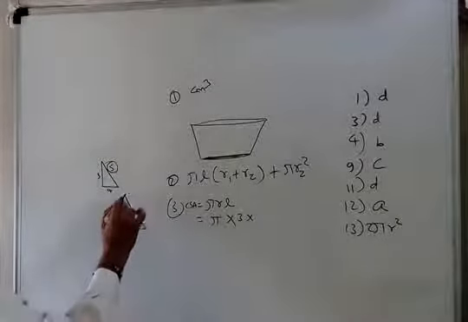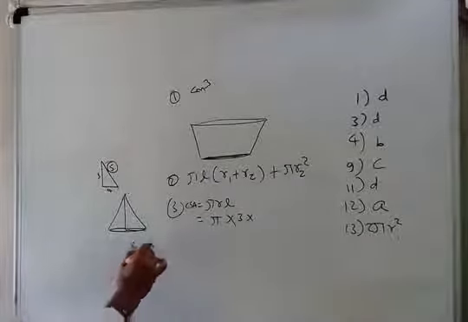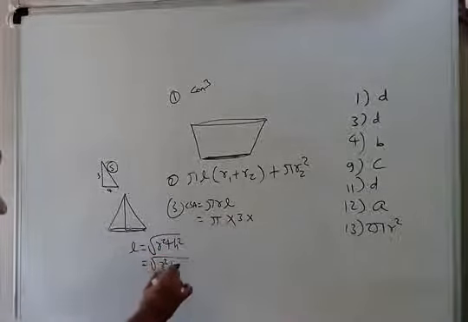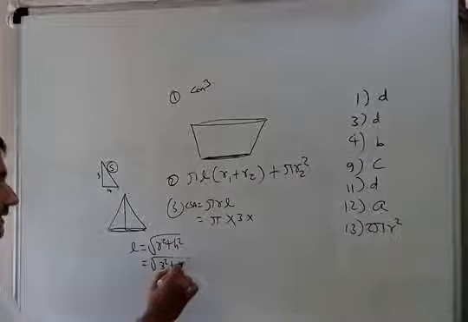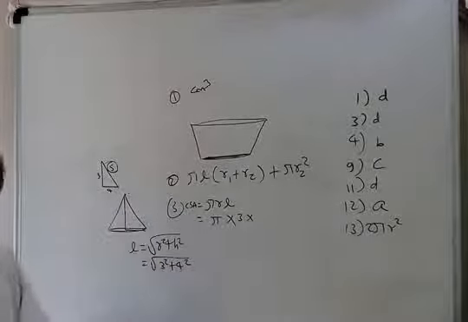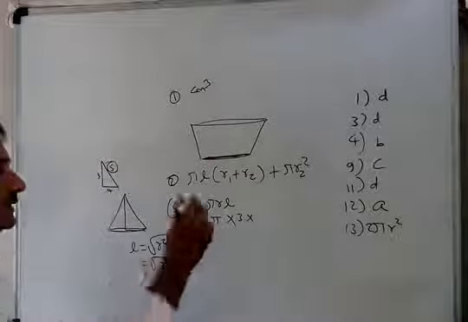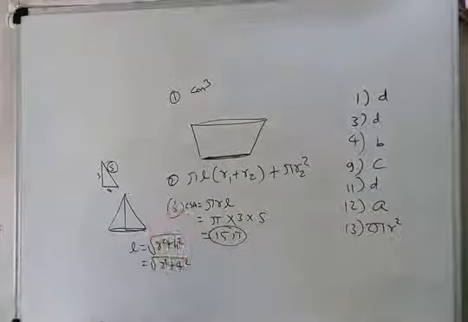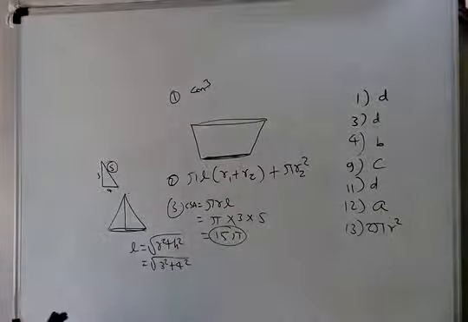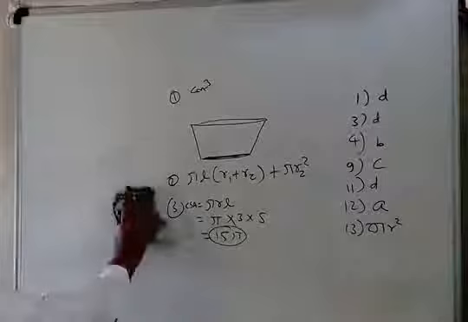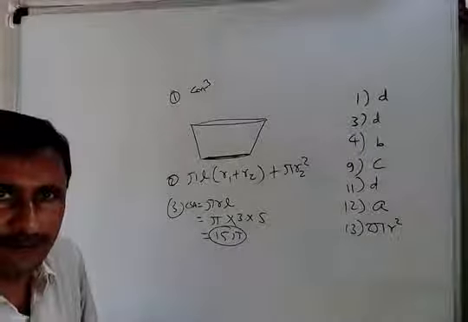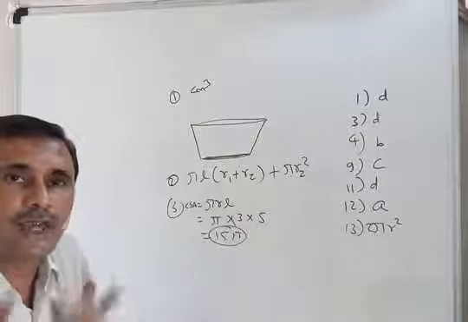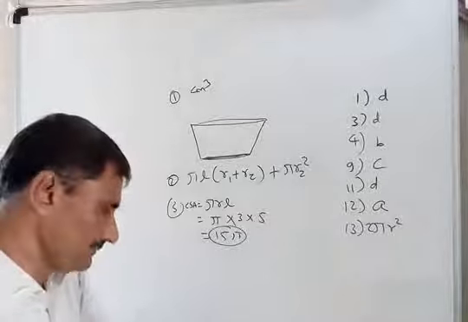You know this: l is equal to root of r square plus h square. So 3 square plus 4 square is 9 plus 16, which is 25. The root of 25 is 5, so place 5 here. So 15 pi is the answer. I found l extra, otherwise it is very simple. Many students make a mistake here and just place 4, understanding l as the height, but actually it is slant height, not given.